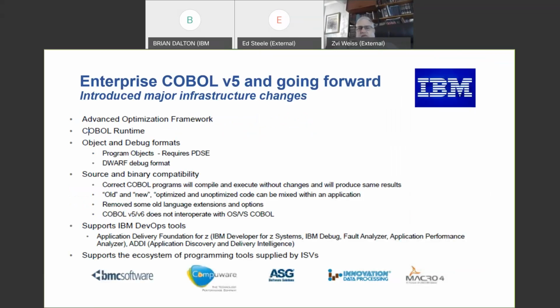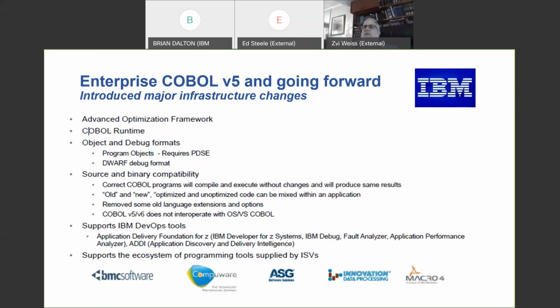Now, before we get to COBOL 6.3, mentioning COBOL version 5: COBOL 6.3 is an incremental enhancement over version 6. Enterprise COBOL version 5 made a marked change between the versions of COBOL before version 5 and the versions with version 5 and going forward. Because from version 5 going forward, we started to have a runtime that took advantage of the hardware. We changed the way that the debug form was created. We now required a PDSC, and we required things that were different from the original code from COBOL 4 and earlier,